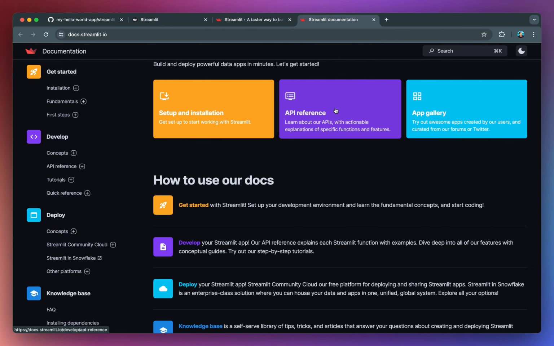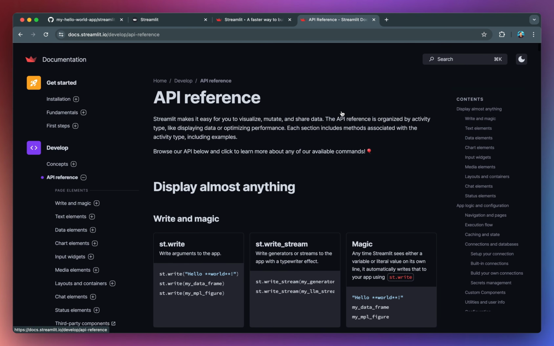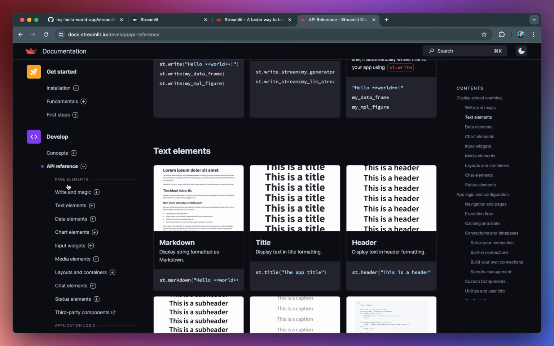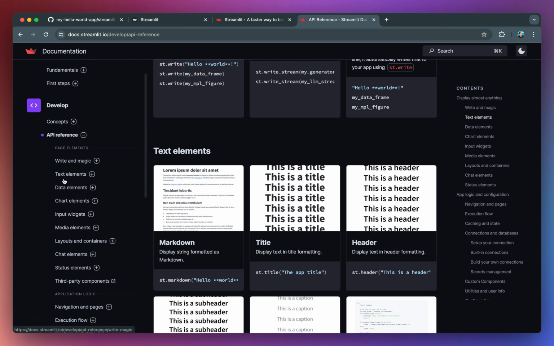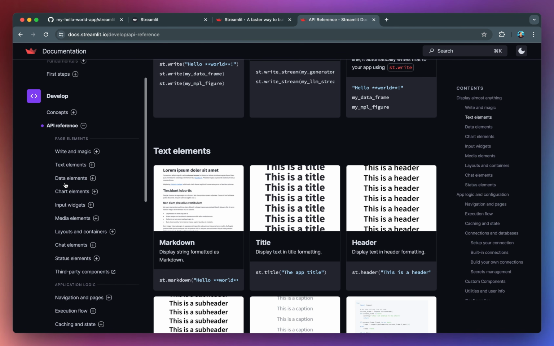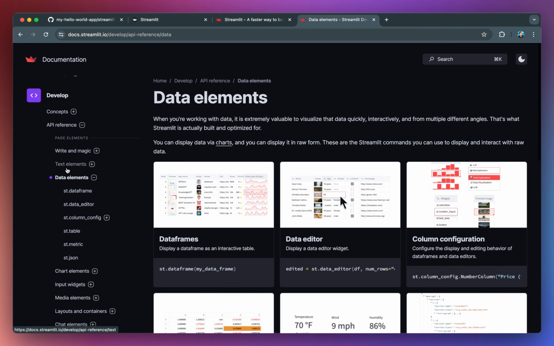Let me show you an example. If you go to the API reference here, all of the Streamlit methods are conveniently categorized into their functions. So if methods are related to writing out and displaying text in the app, it's going to be found in the write and magic and also in the text elements. If you want to display data, it's in the data elements.